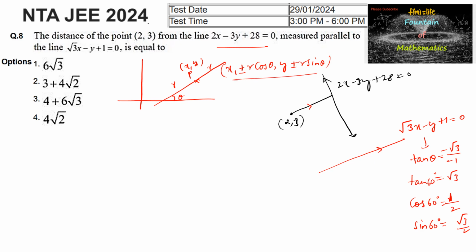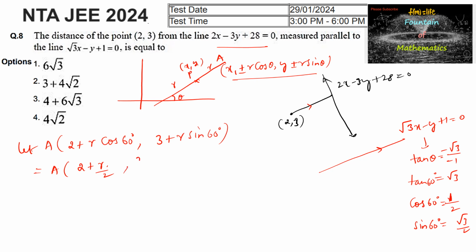So the parametric coordinates, let us take A is the point, x1 plus r cos theta. So we can write 2 plus r cos 60 degrees, and the y coordinate can be taken 3 plus r sin 60 degrees, that is A is (2 plus r cos 60, which is 1 by 2 r, and again 3 plus r sin 60, which is root 3 by 2 r),